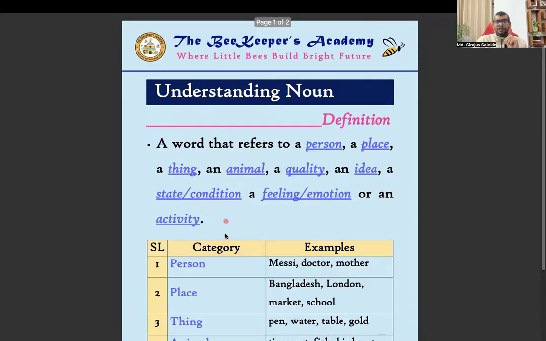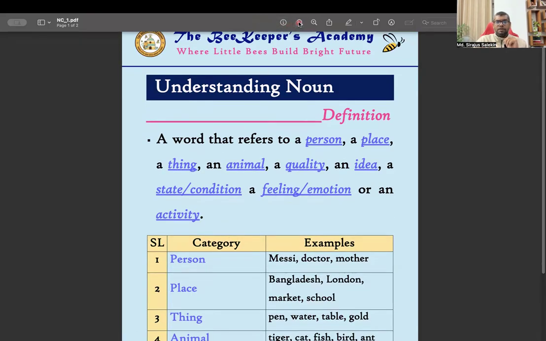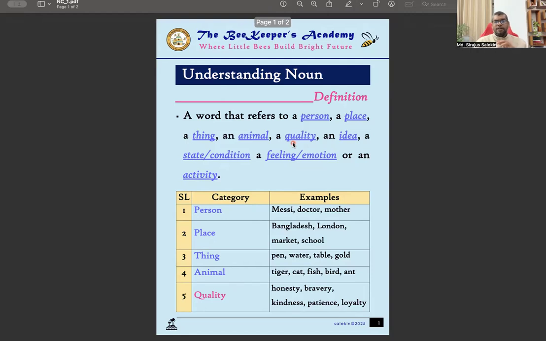So what we have found here are some examples. You see the category, person. That means Messi, doctor, mother. Now in the person category, you see the person may be the name of an individual, any individual name of a person, or you can see some professional name, that means doctor, teacher, engineer. And you can see the person name related to a relation: mother, father, sister, brother. So a person indicates three types of name: the individual name, the name of a profession, and finally